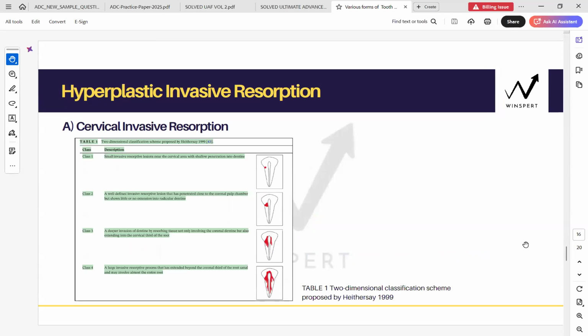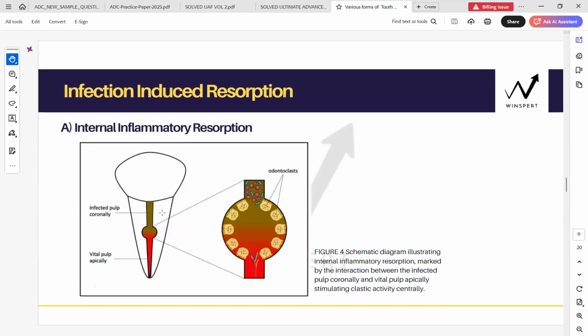Now comes your cervical resorption classification. Okay? Let's look at it. There are various defect categories. There are 4 classifications. There is a small kind near the cervical area, just within the dentine. Then the second class is well-defined, penetrated close to the coronal pulp chamber, and shows little or no extension into the radicular dentine. So it has reached full thickness of the